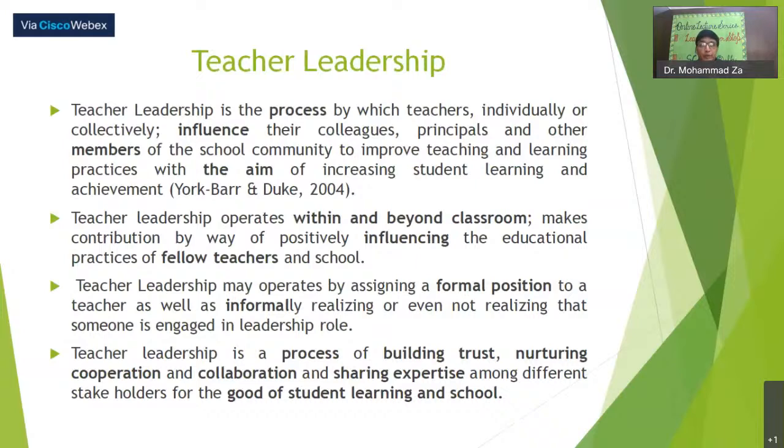Now, first thing, teacher leadership is a process by which teachers individually or collectively, मैं एक इंडिविजुअल टीचर की हैसियत से भी और सारे टीचर मिलके कलेक्टिवली भी इन्फ्लुएंस कर रहे हैं किसको, अपने साथियों को, प्रिंसिपल्स को और अदर मेंबर्स ऑफ द स्कूल कम्युनिटी, किस लिए, to improve teaching learning practices with the aim of increasing student learning and achievement. So this is the goal,